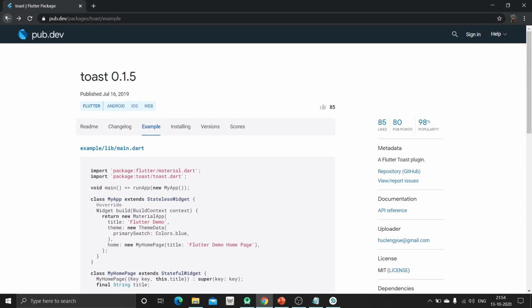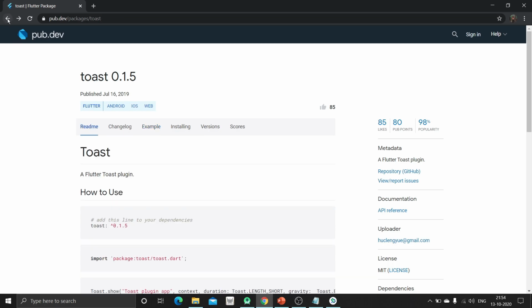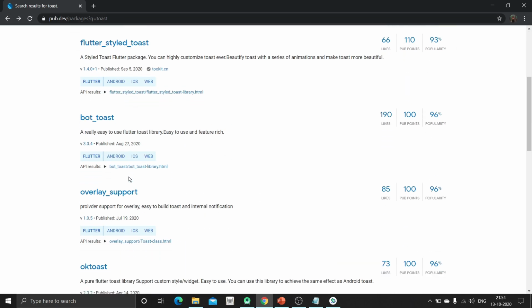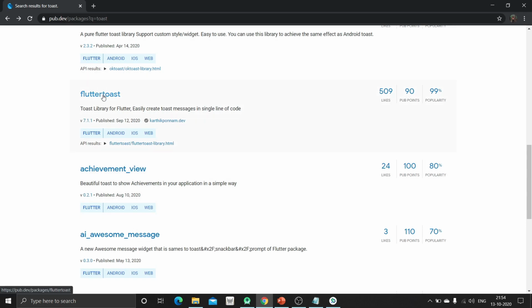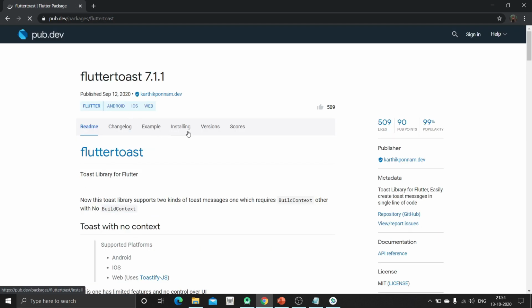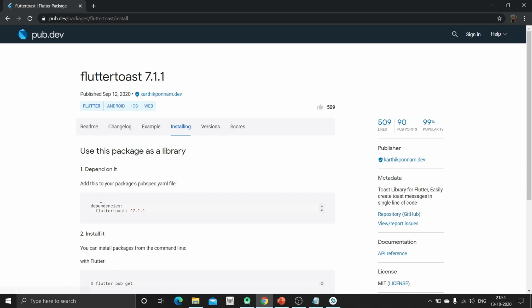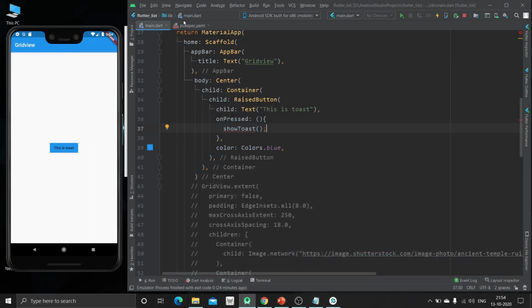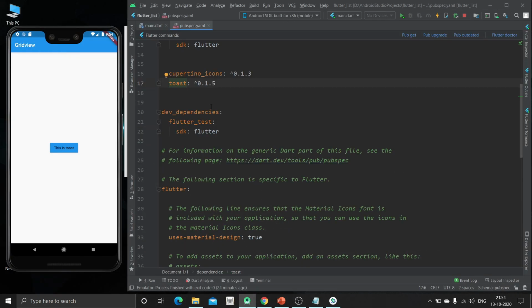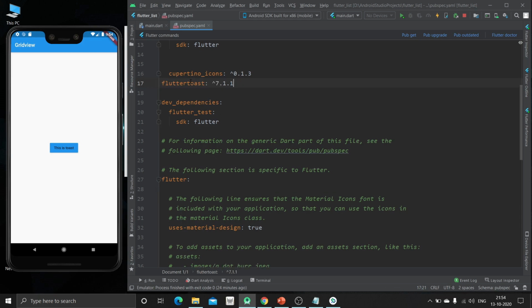Instead of this we are going to use some other package, that is Flutter Toast. So here is this which we are going to use. So here is the version. Just copy the package. Now paste it inside the pubspec.yml file.